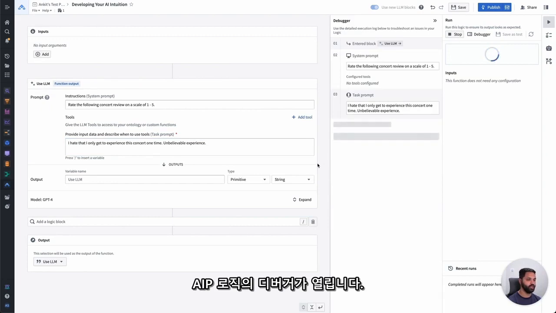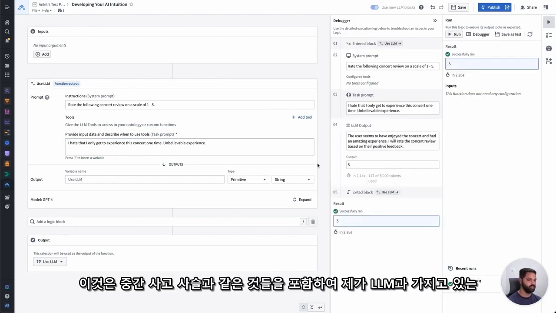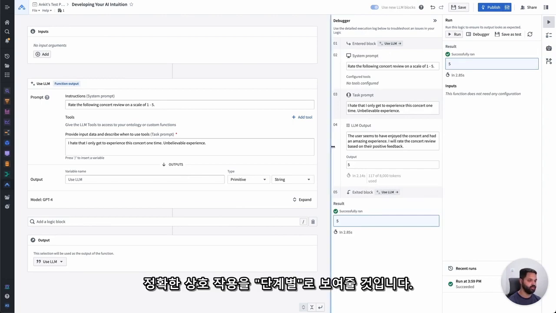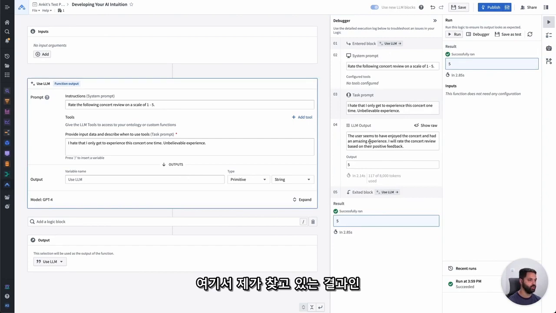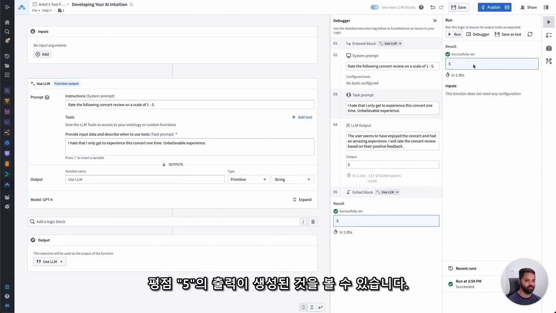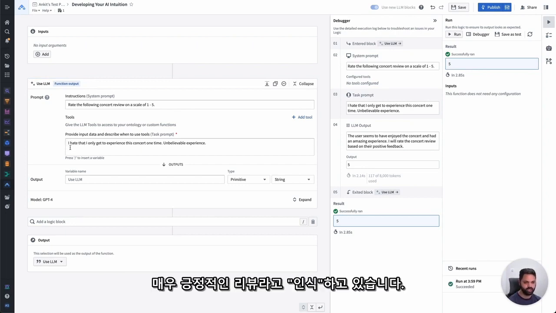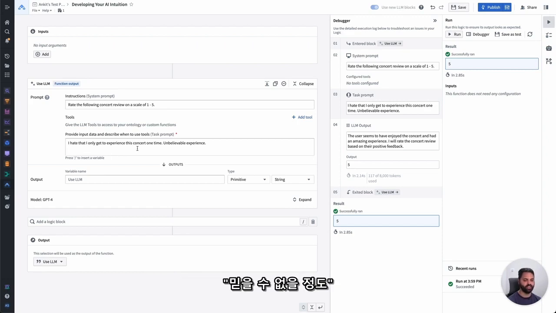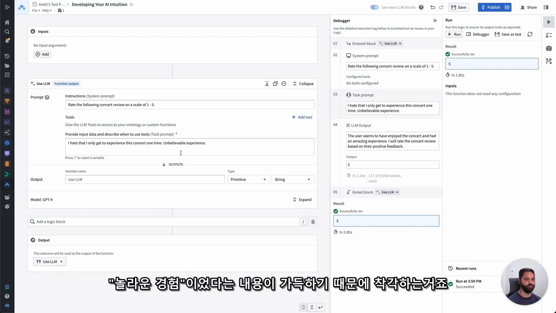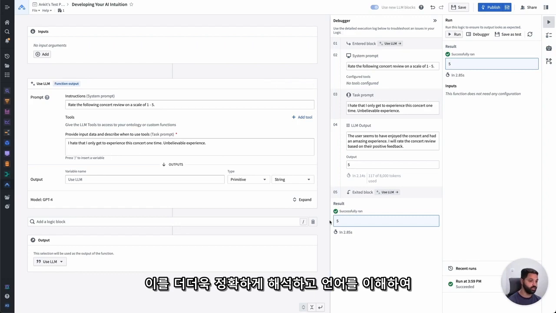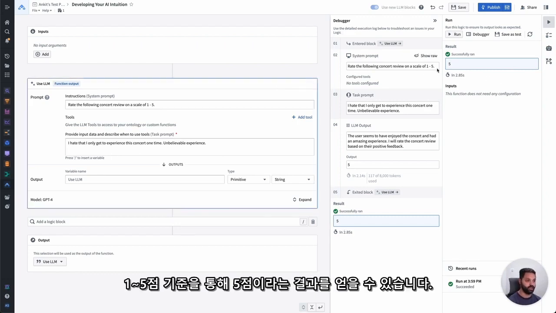And this will open AIP Logic's debugger. This is going to step through the exact interactions that I have with the LLM, including things like the intermediate chain of thought. And I can see that it's produced an output of 5, which is the correct answer that I'm looking for here. Even though this review has a bunch of negative terms like hate, it clearly is a very positive review. It's something that is gushing about how this was an unbelievably amazing experience. And it's able to correctly interpret that and understand the language and get it to that 1 to 5 scale